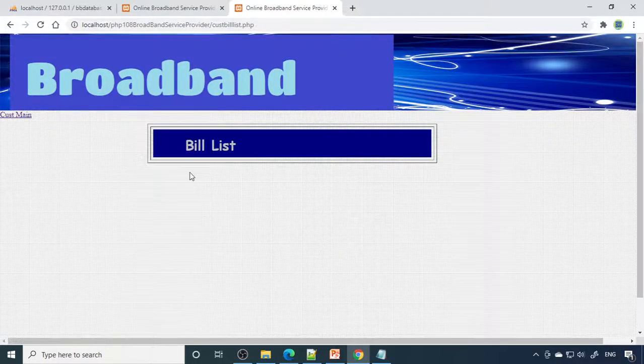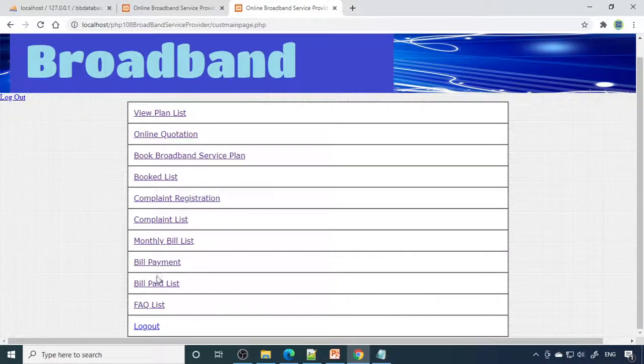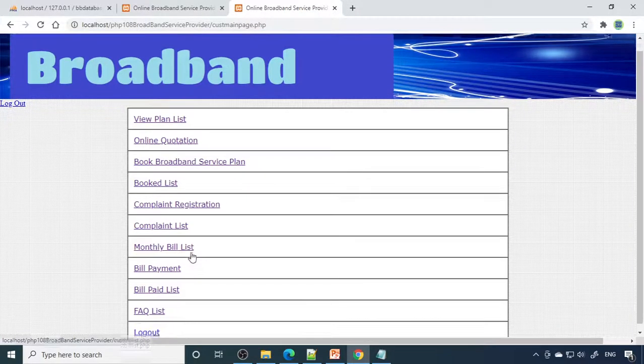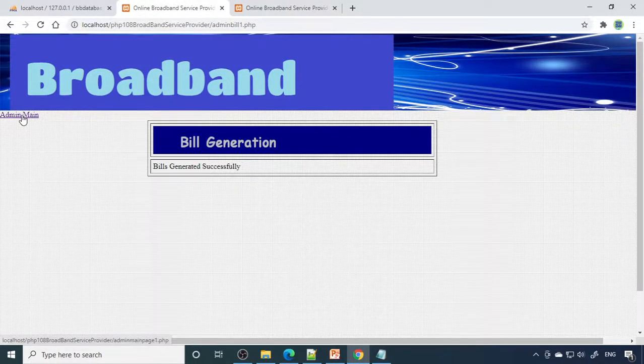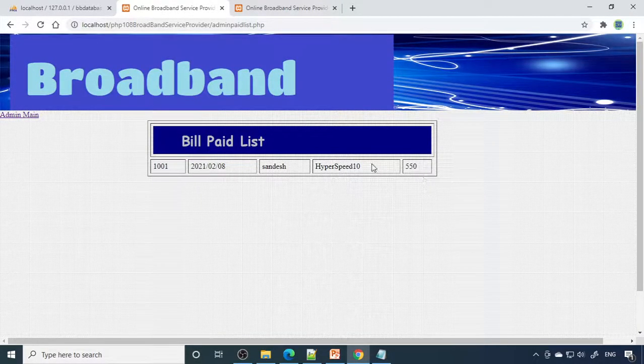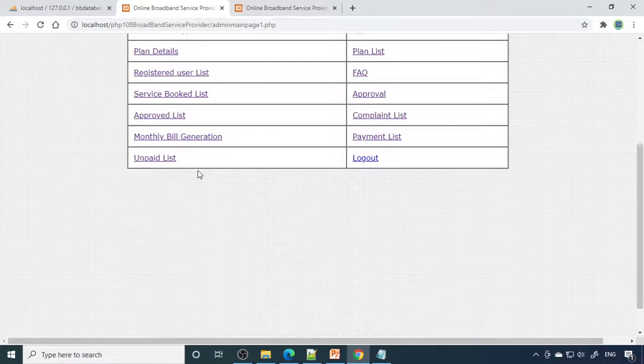Okay, so if I go to monthly bill list, there are no more bills, which means that you have paid the bill. So on paid list, here you can see the paid list. What amount is paid, that list will be there. On the other side, admin can also know the overall paid bills. So if I go to payment list, you can see that payment is received on this day from this. And if I go to unpaid list, there is one more user who has not yet paid. Therefore, you can take some actions to get it paid, or over time it will be paid. So then in unpaid list, it will not be there.